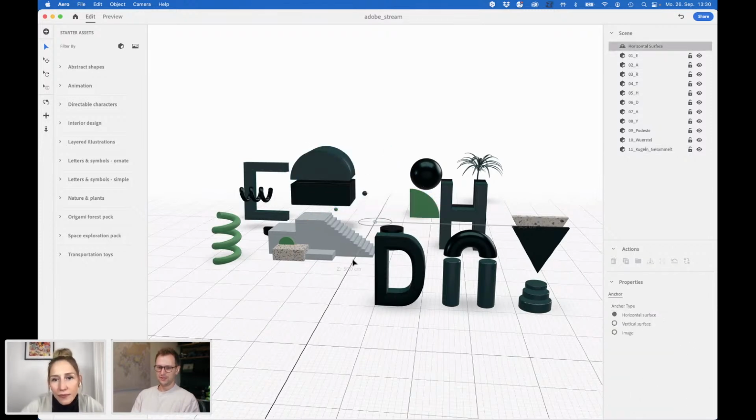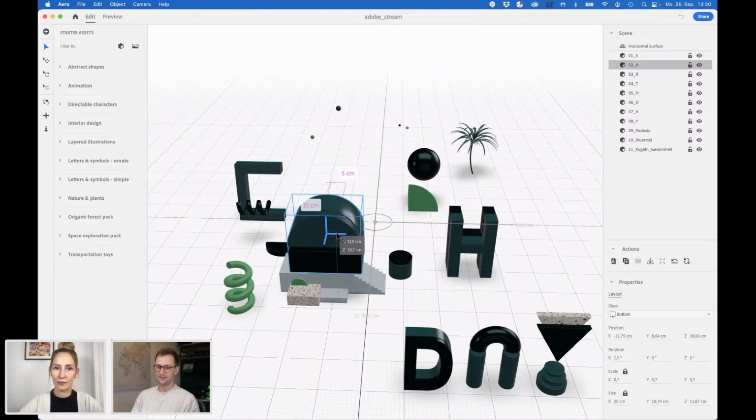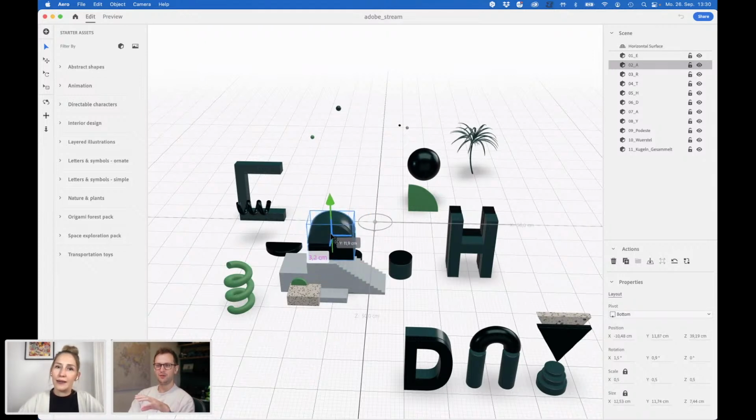I have a question that personally I don't know if I understand, so maybe you may. Can we make new 3D volume in Aero? You mean new things we want to add? Potentially, that might be what the question's referring to. So maybe 3D assets, can they be made in Aero, or is Aero just your staging environment? Yeah, as far as I know, it's just for staging, but you can play around with some assets that are included in Aero.